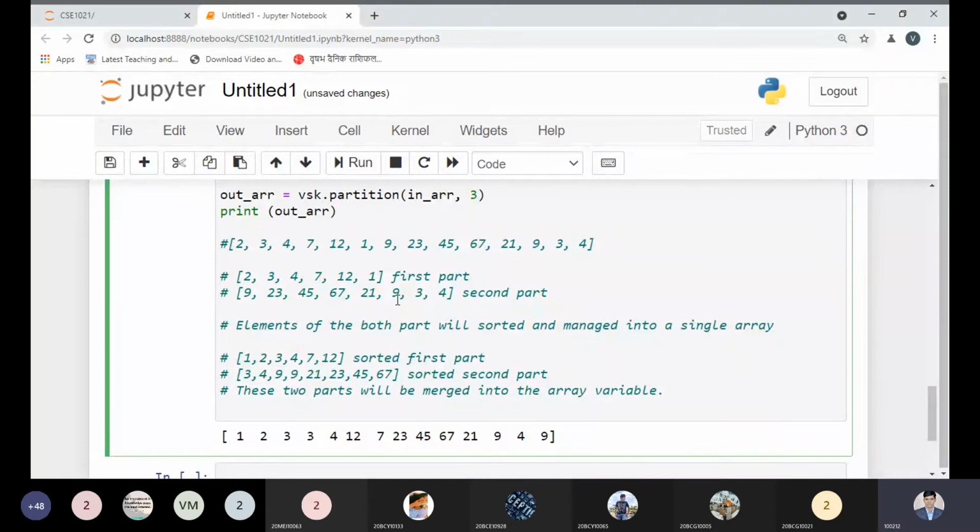So yes, this is happening over here. If I pass 3, the values smaller than 3 will come here, 1, 2, 3, 3, and after that the rest of the values will be as they are.